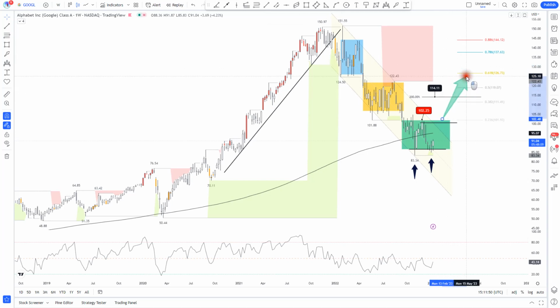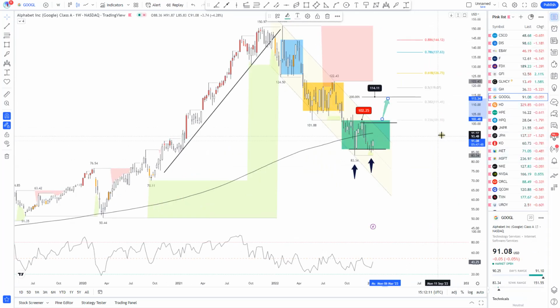I'm trying to search for the best expression without being so dramatic, but I will not be surprised to see equities generally trying to recover and starting to trade at higher prices. In general, I'm not saying that will be the case for Google, but I can see that happen if they find support with this technical double bottom. I will not be surprised to see a retest of the previous fractals.